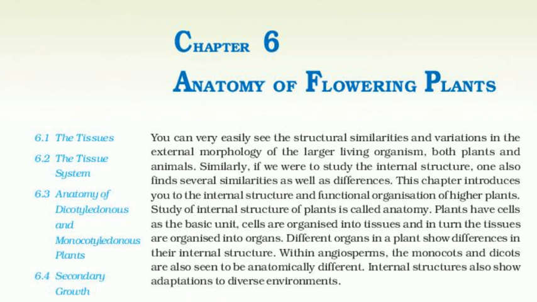The tissue between the upper and the lower epidermis is called the mesophyll. Mesophyll, which possesses chloroplasts and carries out photosynthesis, is made up of parenchyma. It has two types of cells, the palisade parenchyma and the spongy parenchyma. The adaxially placed palisade parenchyma is made up of elongated cells which are arranged vertically and parallel to each other. The oval or round and loosely arranged spongy parenchyma is situated below the palisade cells and extends to the lower epidermis. There are numerous large spaces and air cavities between the cells.